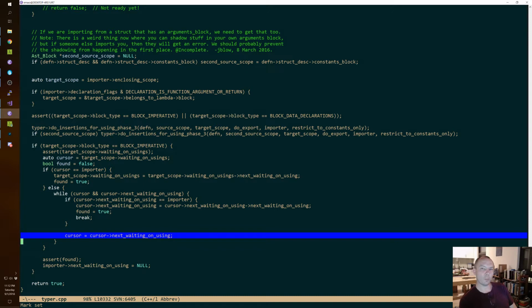Every scope has this pointer, and if this pointer is non-null, then you're not allowed to look up variables in that scope, because there might be more stuff that's going to arrive in that scope. That said, what it really should mean is maybe you can't look up procedures, because other things would be an error if new stuff were to arrive. But we'll think about that later. We've got to get it working.